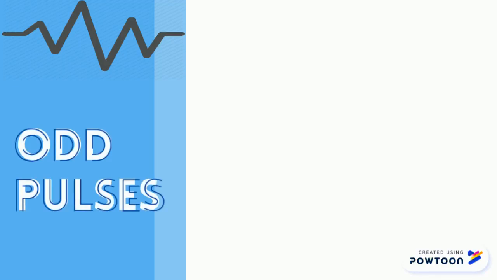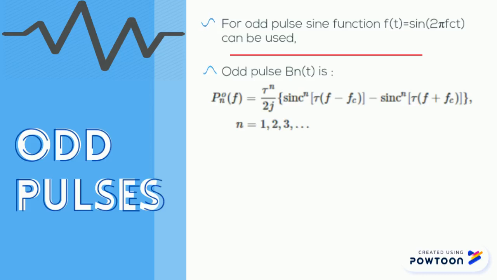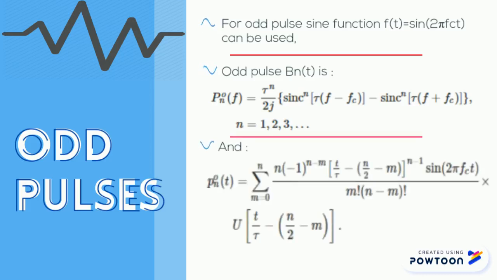I will continue with the outpass. For outpass, we can use the sum function. Hence, the outpass of B and T as shown below. For the P and F, we will get this equation, and for the P and T, we will get this